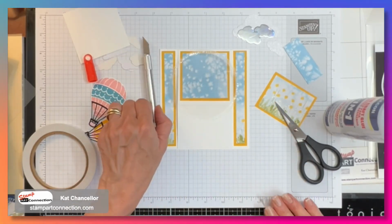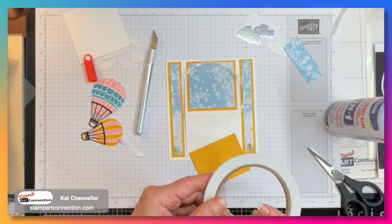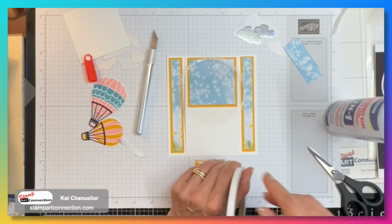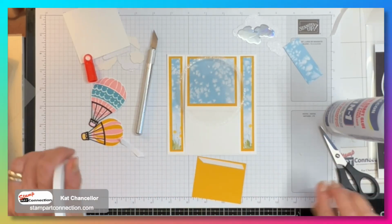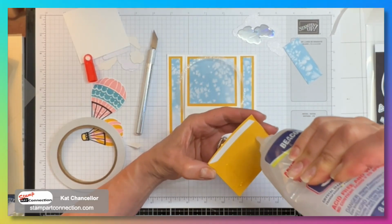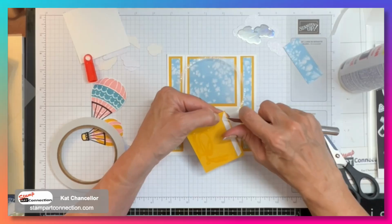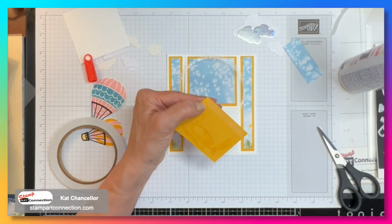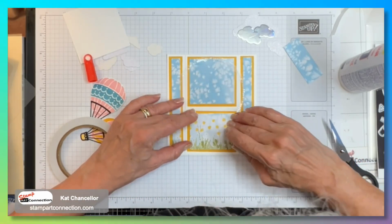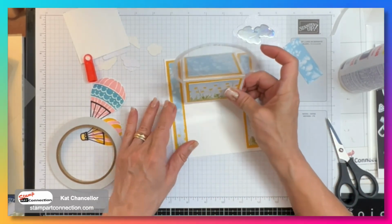Now that we've done that, I'm going to take this piece and put a piece of tear tape right on the top of this so it can adhere to that acetate. And then I'm going to add my glue on the bottom. And then that is going to cover that seam, and there we go. And we have our